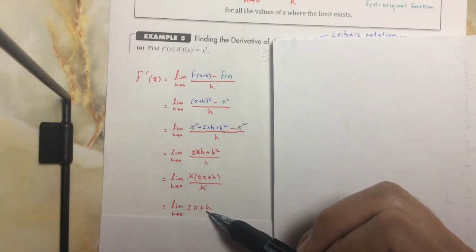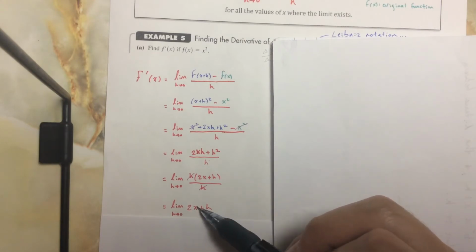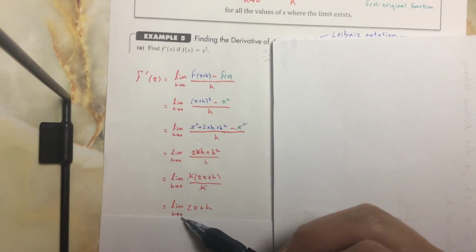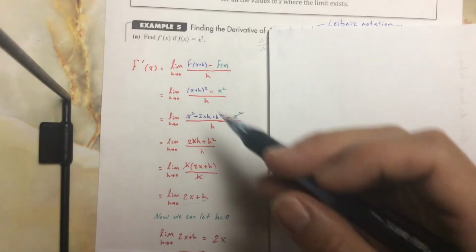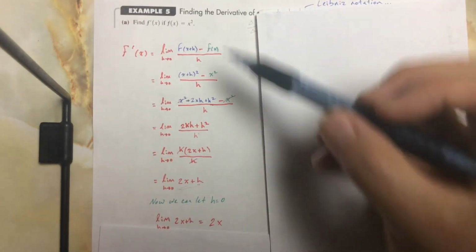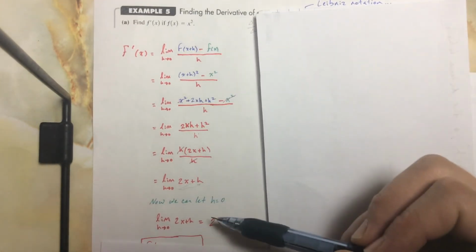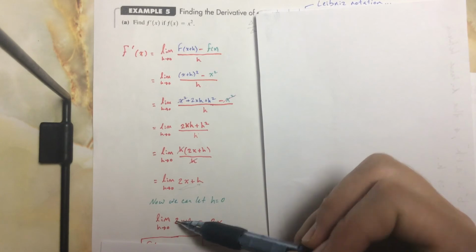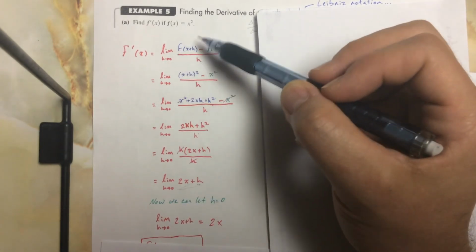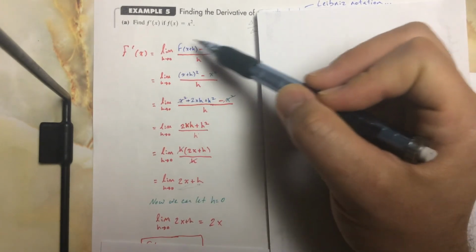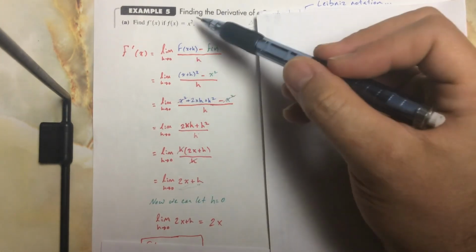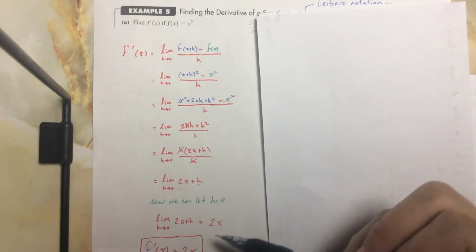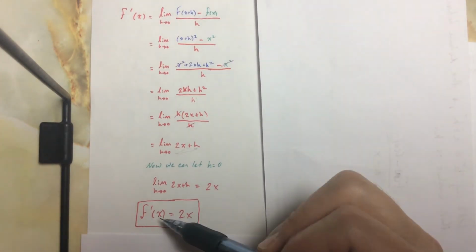And here's our resulting expression that we can now put 0 into for h. If we put 0 into here for h, we just get 2x. So the limit of this function, y equals x squared, let me start over again. The limit of this function as h approaches 0 gives us the derivative of the original function, x squared, which is 2x. So the derivative of that function